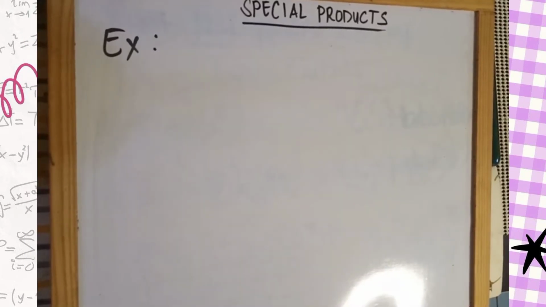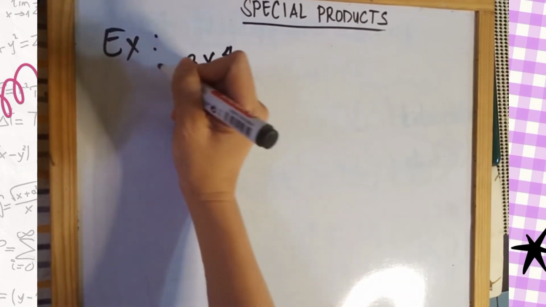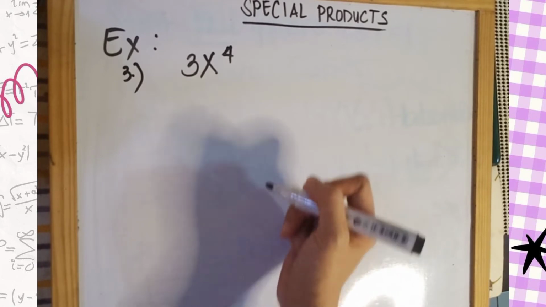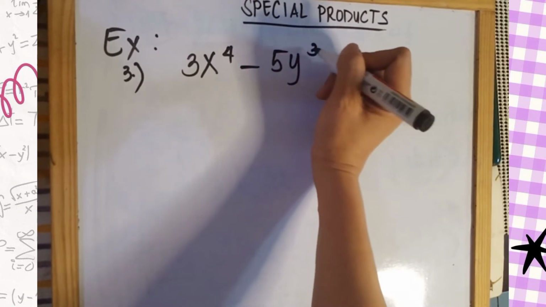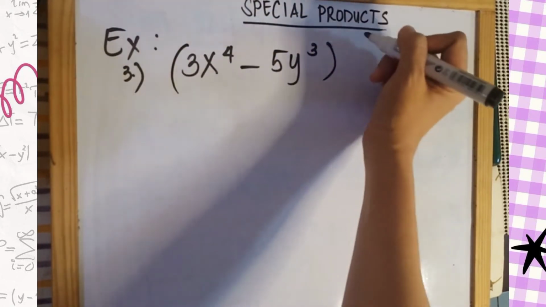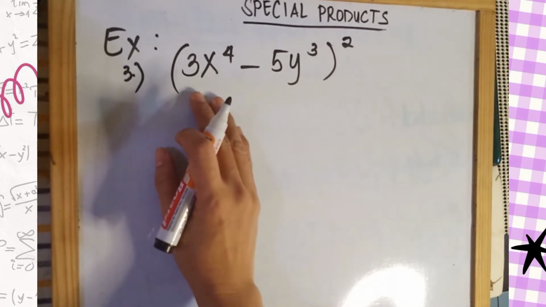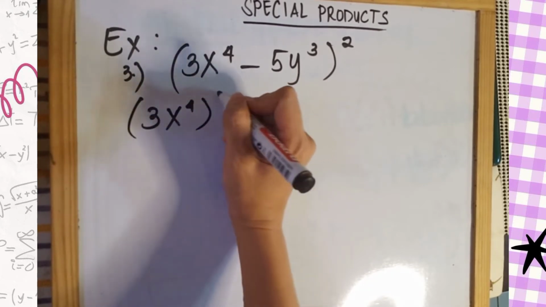Okay, so let's have one more example before we proceed to our next topic. So let's say we have 3x to the fourth. So this will be our example number 3. So 3x to the fourth minus, let's say, 5y cubed and then squared. Okay, so again, by applying the formula, let's memorize the formula. We said, square the first term. So 3x to the fourth squared